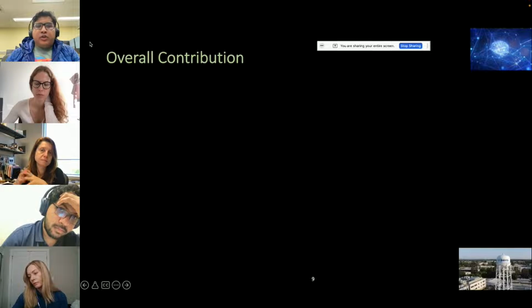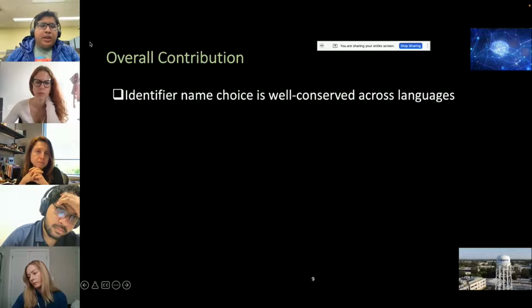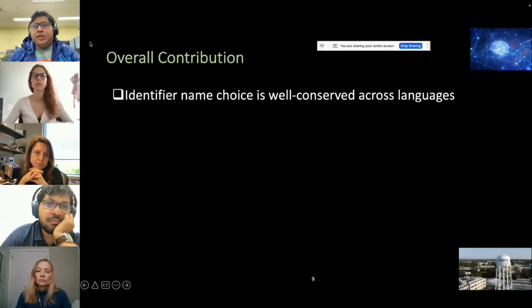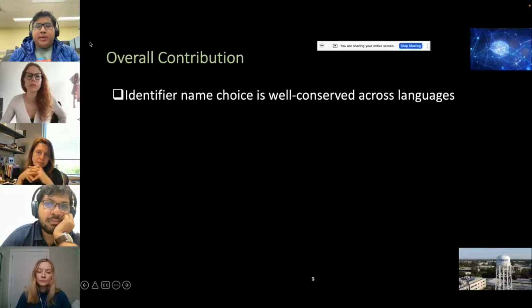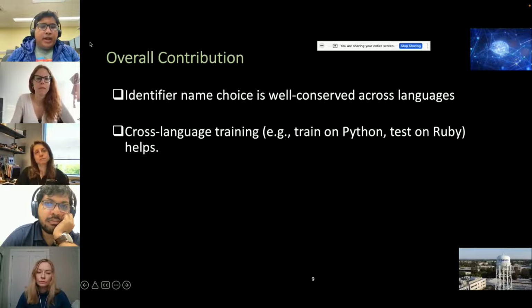So let me summarize the overall contribution of this paper. We showed that identifier name choice is well conserved across different languages. We used Rosetta Code, which provides us multiple implementations of the same algorithm. We have also shown that